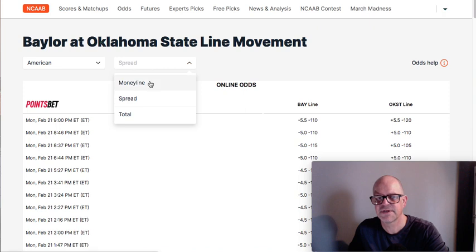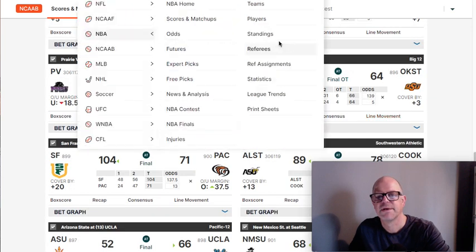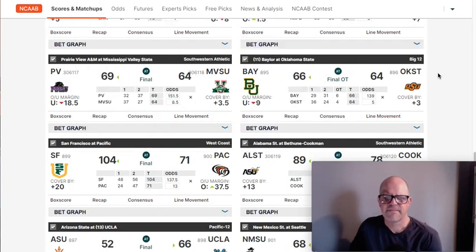So let's first look at what the money line was. Money line was Oklahoma State +195. And I think my line was -1.5. So this is an important part. We're not just looking at this going, okay, it's +5. MG said if it's below 7, we play it on the money line. Here's why that would have been a great play on the money line.